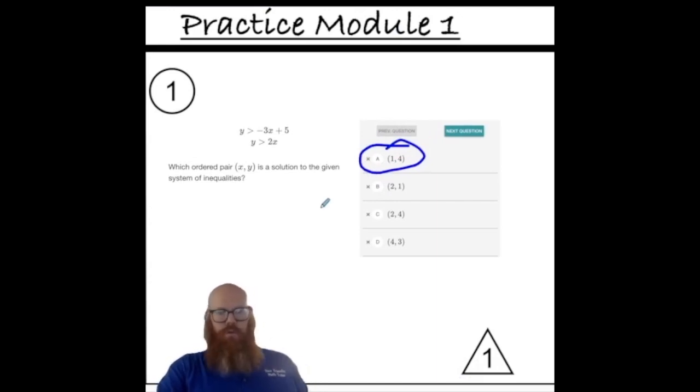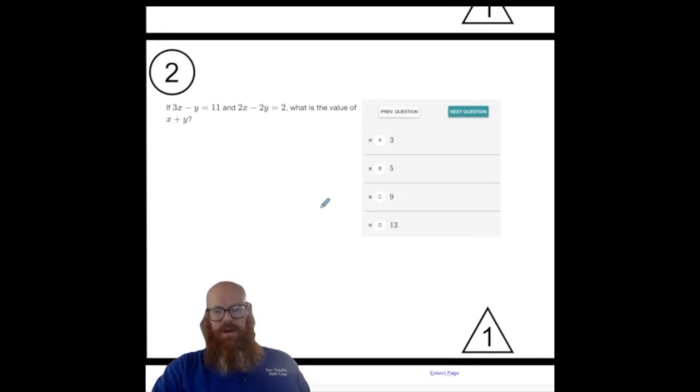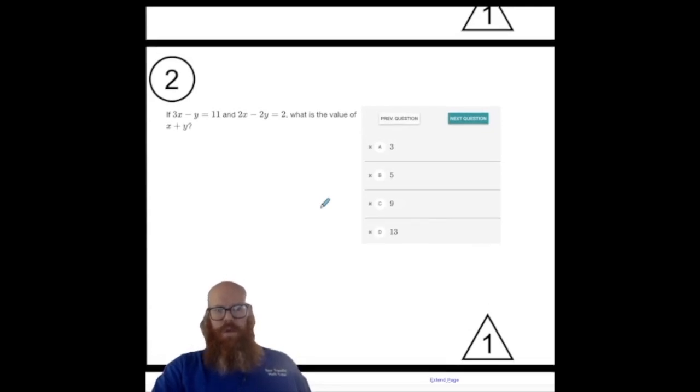You could go through plugging these in. I just thought it was really easy to just get started with Desmos because, again, we just type it in and you could figure out exactly what it is. Okay, let's keep going. So here in number 2, we have a system of equations, and